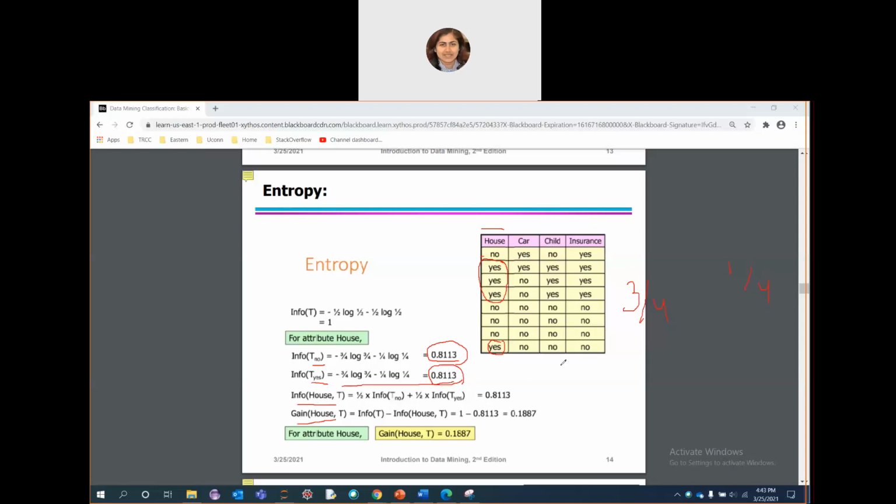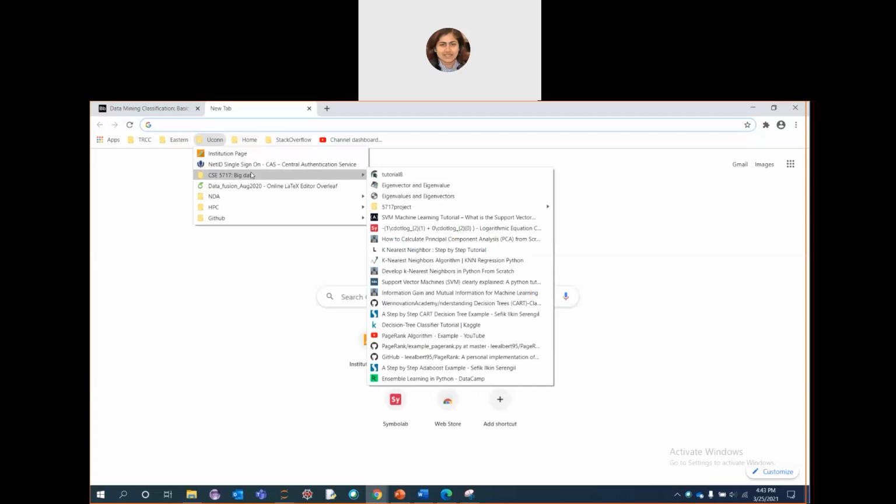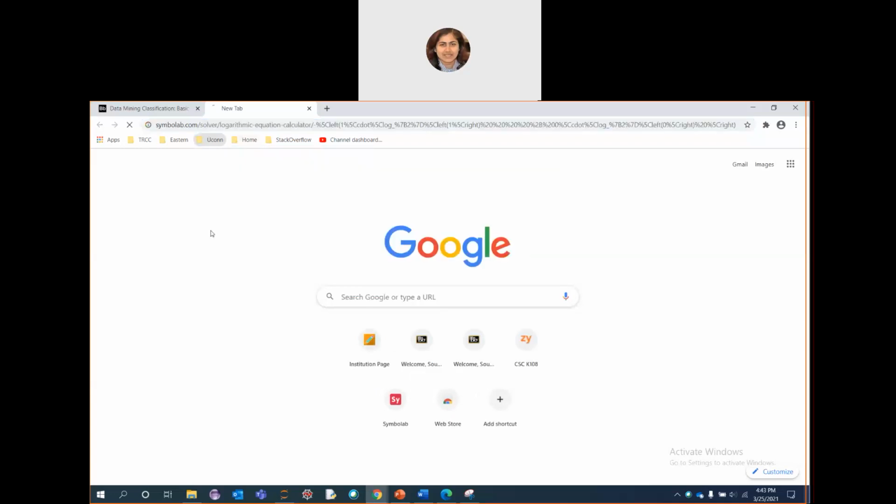If you could post some examples about the math and equations, that would help a lot. Math and equation, this log value, you can do it online or you can use a calculator also. Yeah, it's online. It's available. I'll show you one. One moment. I think I have that. Hold on. There is a website here.